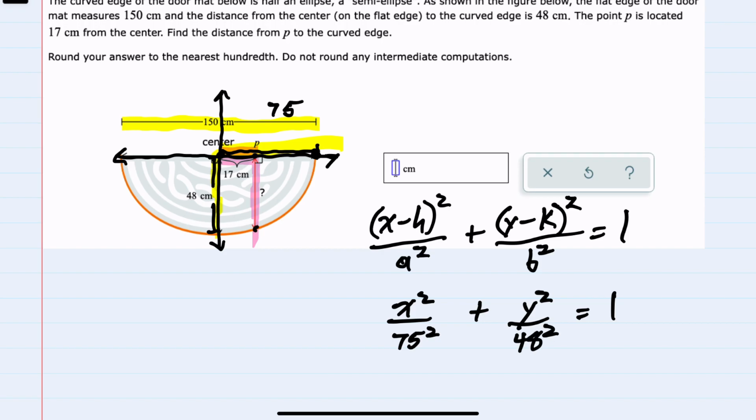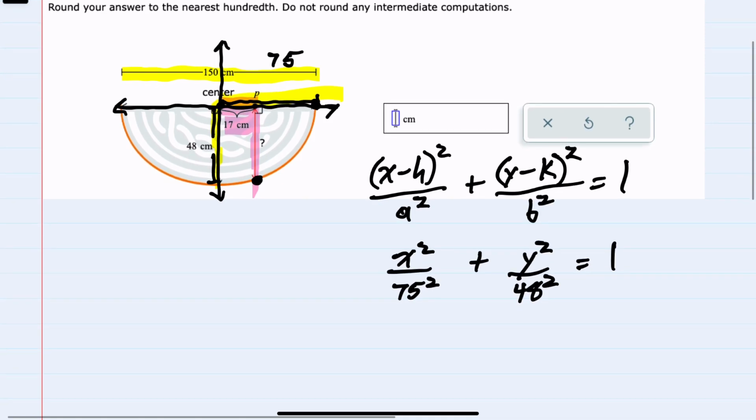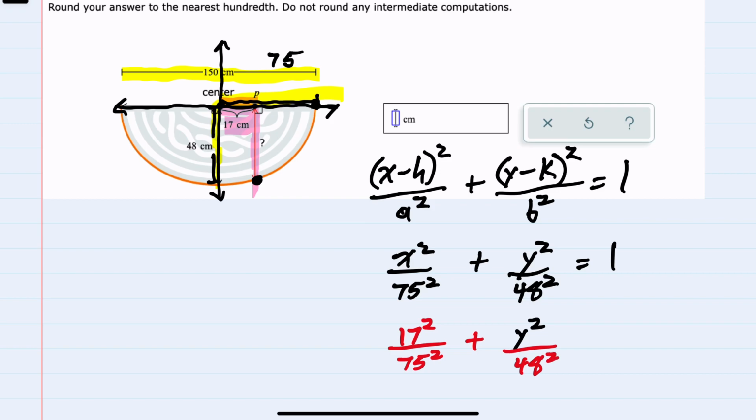And if I were looking for this point, I know that it has an x value of 17, and its y value is going to be the distance we're looking for. So when x is 17, we would have 17 squared over 75 squared plus y squared over 48 squared equals